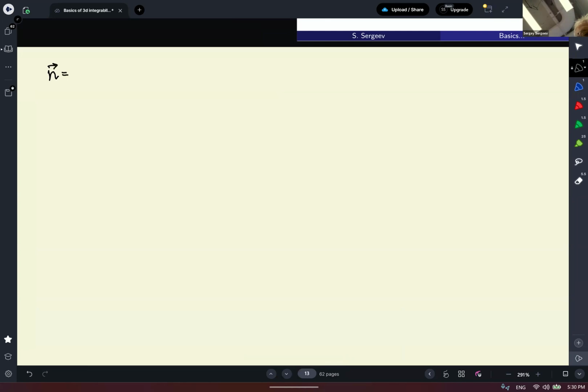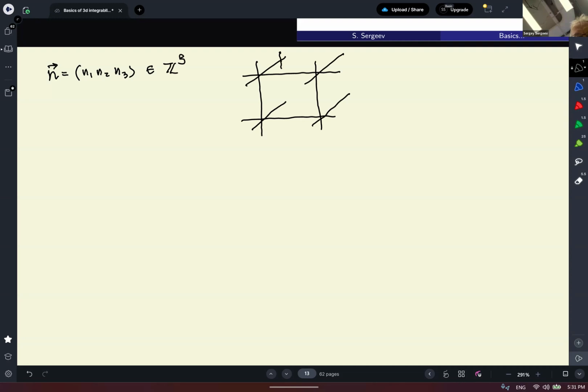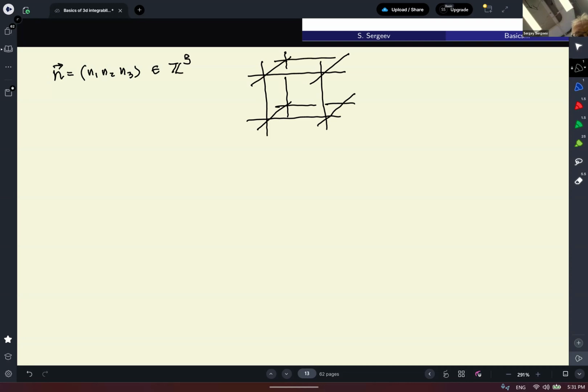n is a vector, which is n1, n2, n3, and that's an element of the cube. Typical picture, just a cubic lattice. I try to draw it. It's not the whole cubic lattice, it's just an element of the cubic lattice. Yes, a 2 by 2 by 2 fragment. And you see that the main